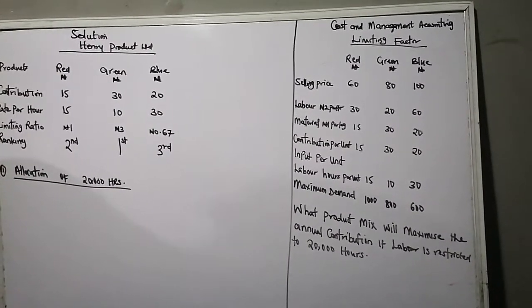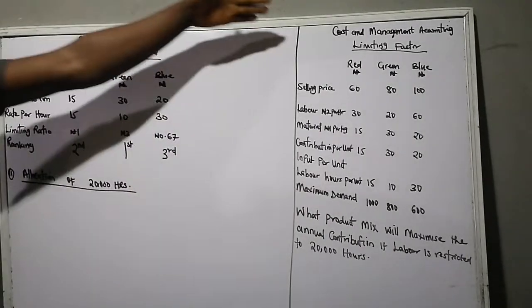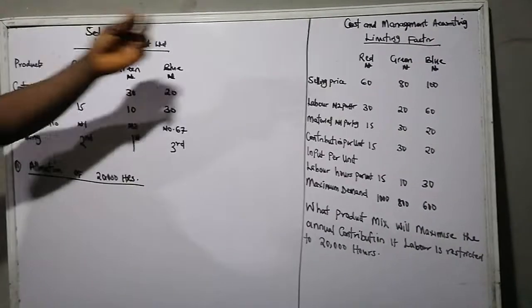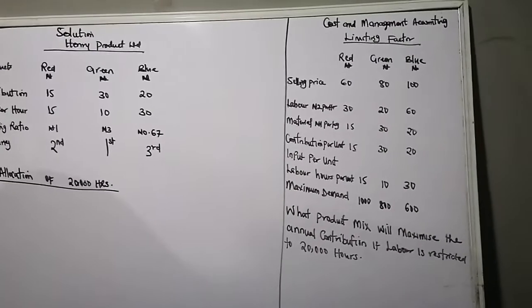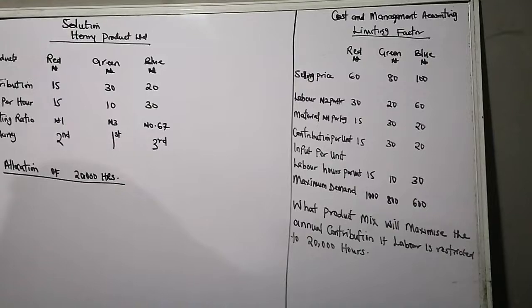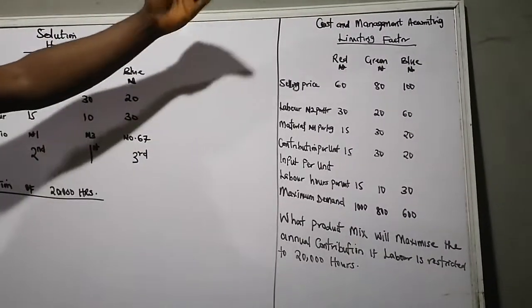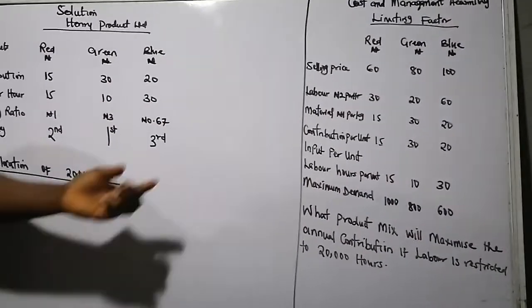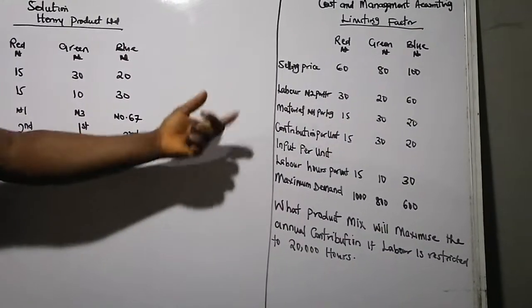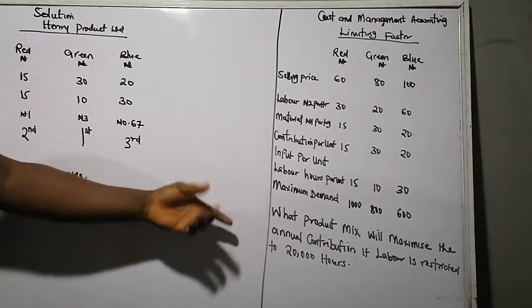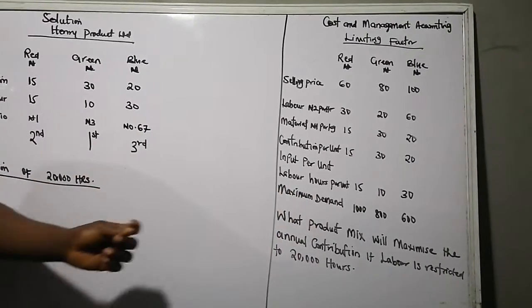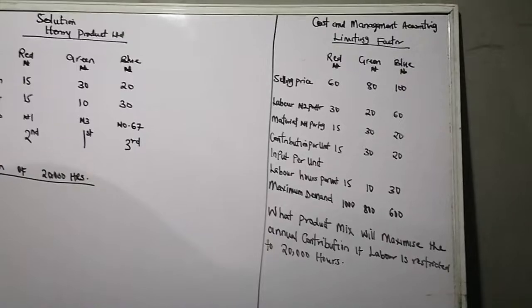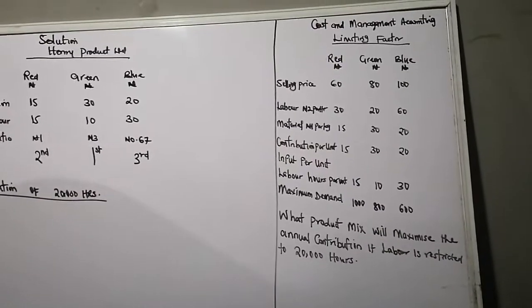The question is for Henry Products Limited, and these are the products: the red carpet, the green carpet, and the blue carpet. The selling price is given as 16 naira for red, 18 naira for green, and 100 for blue. Then we have the respective variable costs, the contribution margin per unit, the inputs, that is the cost per unit per labor hour, and the demand by the customer, which is the maximum demand. We are asked to prepare what product mix will maximize the annual contribution if labor is restricted to 20,000